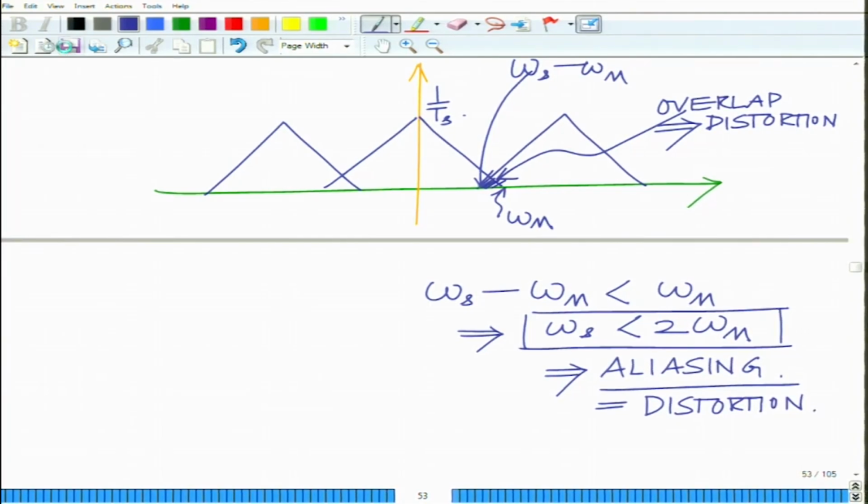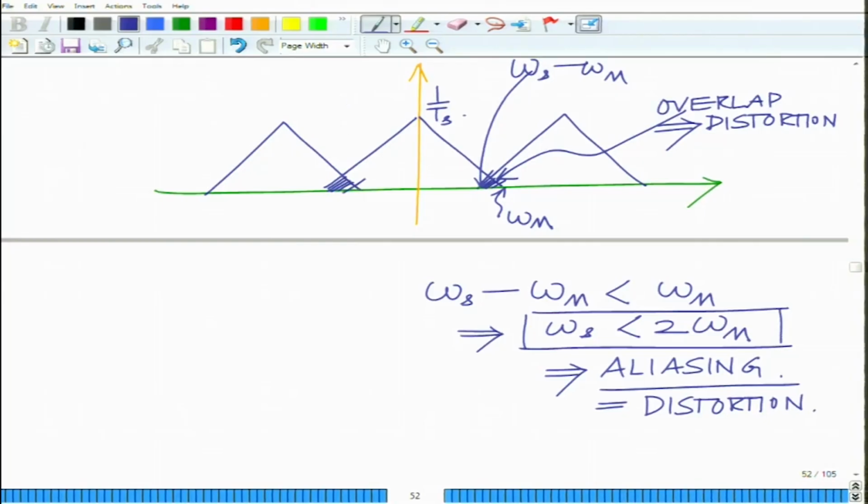So, what happens when the sampling frequency omega s is less than twice the maximum frequency, then we have distortion that is arising because of the aliasing of these various spectral bands, the original spectral band and the copy of the same spectral band that is shifted by omega s, and for that matter also shifted by minus omega s. So, you will have aliasing in fact in every spectral band. So, again here you will have aliasing. Okay. So, because you have aliasing, you will not be able to recover the original spectrum,